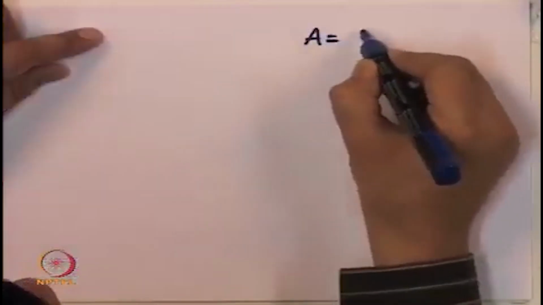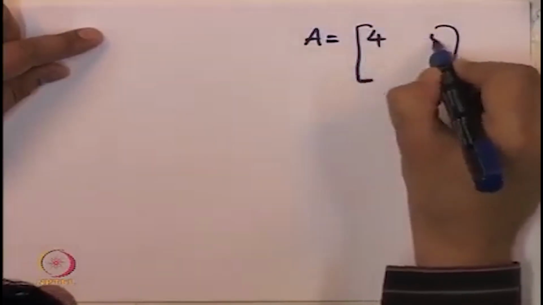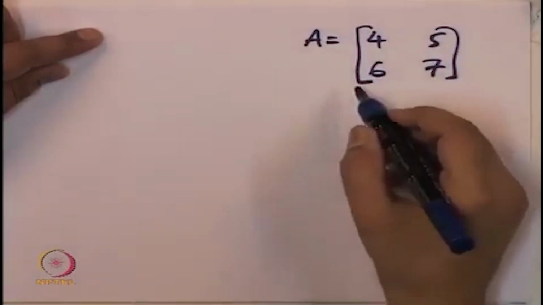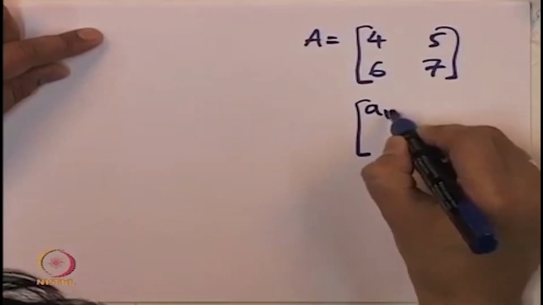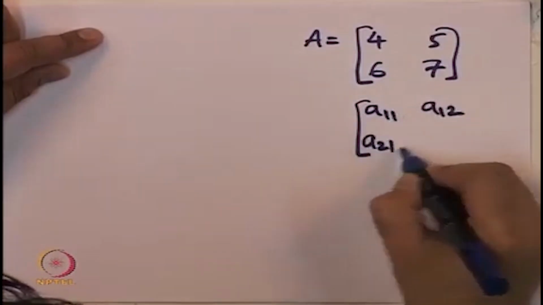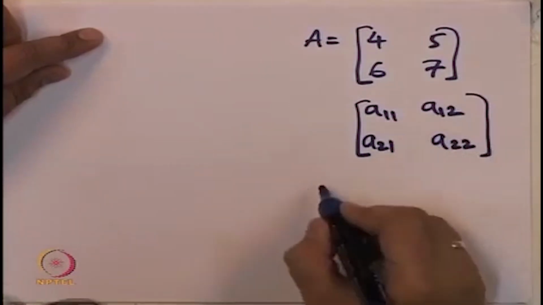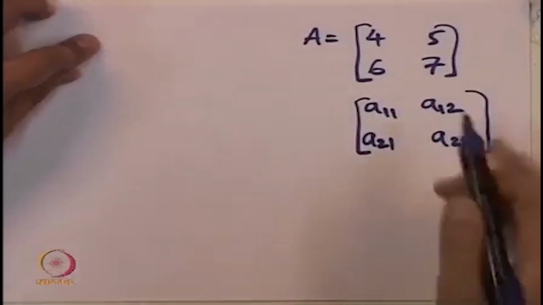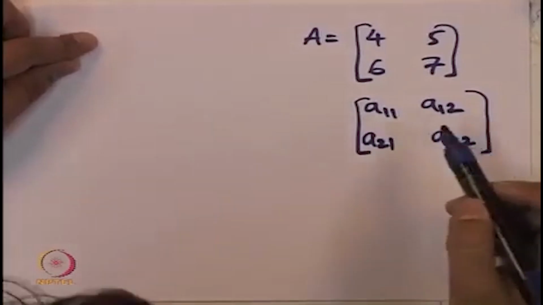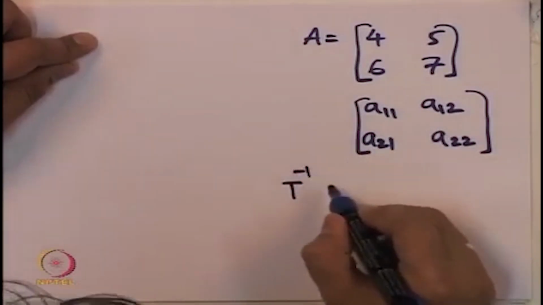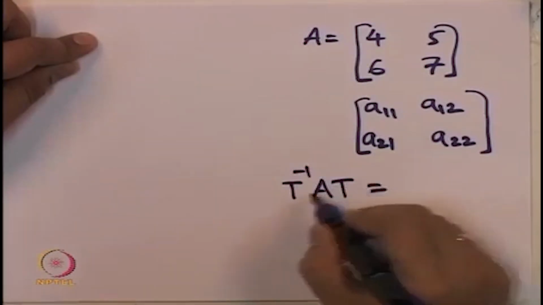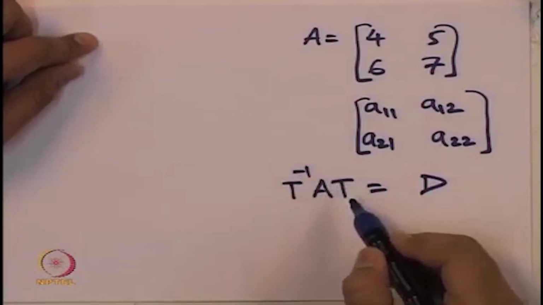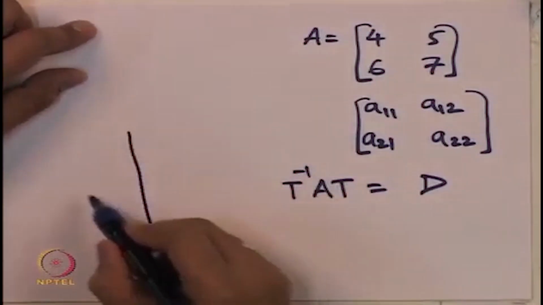So if we are given a general A, let's say 4, 5, 6, 7, I am just guessing the various elements, and suppose the entries are such A11, A12, A21, A22. Suppose the entries are such that this matrix is diagonalizable. It may not be diagonal itself. In other words, A12 and A21 might not be 0, but if there exists a non-singular matrix T such that T inverse AT is equal to a diagonal matrix, then by choosing the columns of T as a basis, we still have this